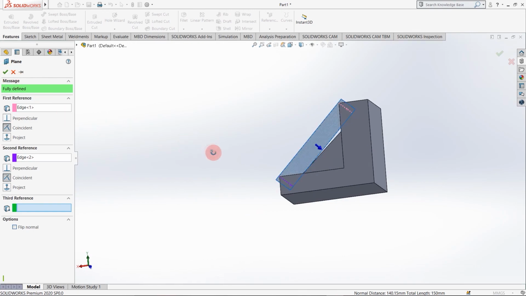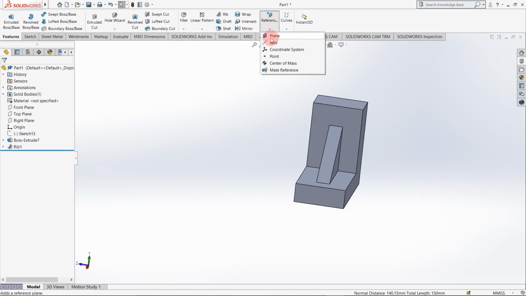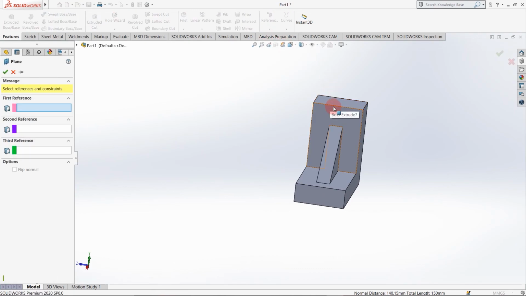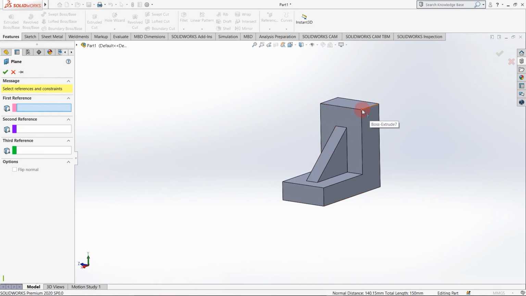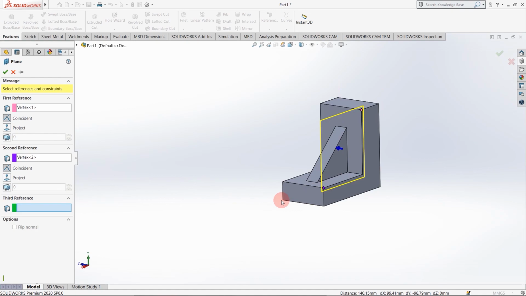Now say I want a reference plane passing through 3 points, this point, this point, and this point. I am selecting this point, this point, and this point.